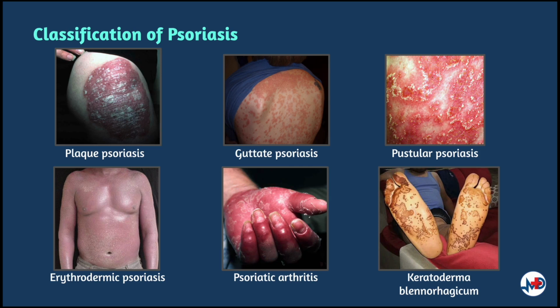Next, there is guttate psoriasis. They are usually widespread, erythematous, fine, scaly papules which look like a water drop appearance, as seen on this picture here. The lesions often erupt after an upper respiratory tract infection. Thirdly, there's pustular psoriasis, and here you will see acute generalized pustular psoriasis, which is usually rare, but severe and